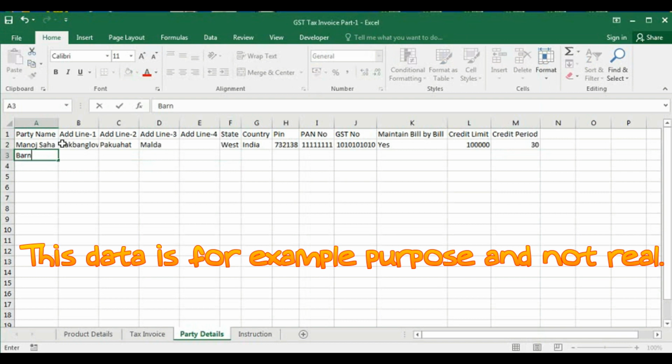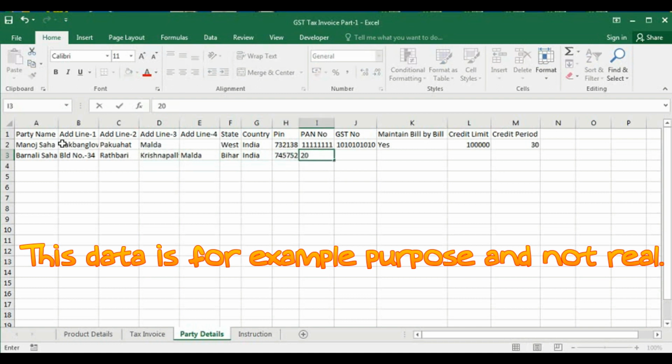Here Bornali Shah, building number 34, Rodbari, Krishnapolli, Malda, Bihar, India.